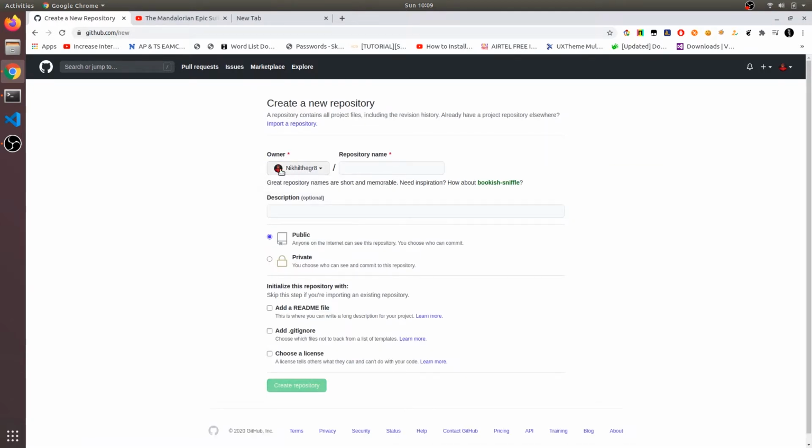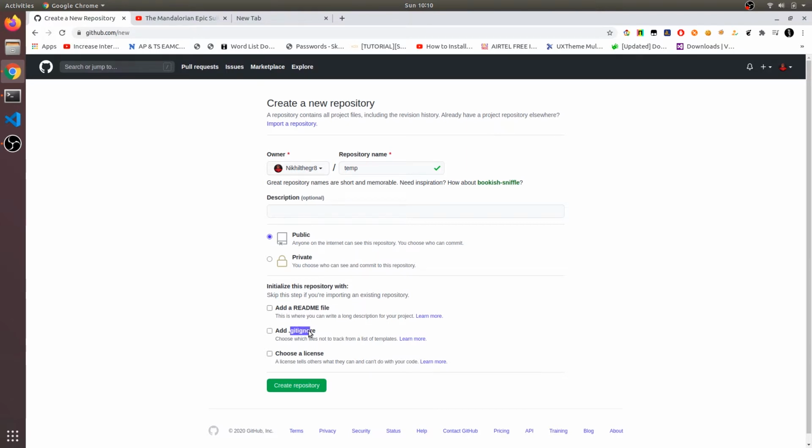The owner is your account name here, and the repository name I want to say is temp. Just for demonstration purposes, I am creating a new repository, and you can add a description as well. You can choose whether this repository can be viewed by anyone or is private, public or private, that's up to you. And you can add a readme file. A readme file is like a description of the repository, telling us basic information about what it contains, like Python files, web development files or other project files.